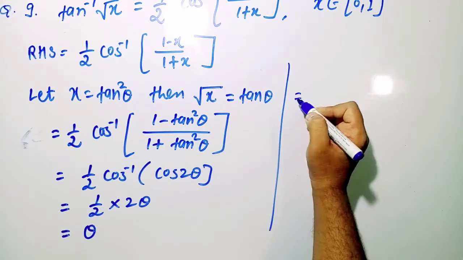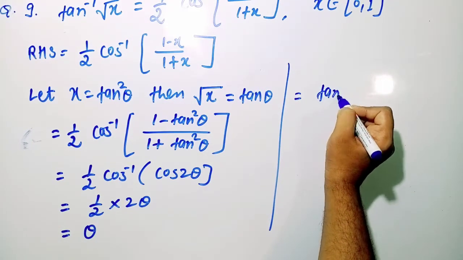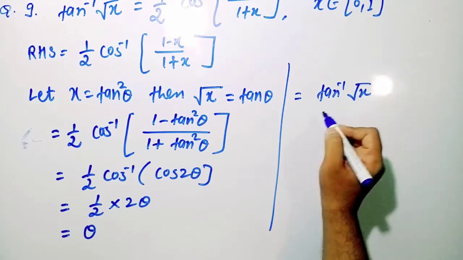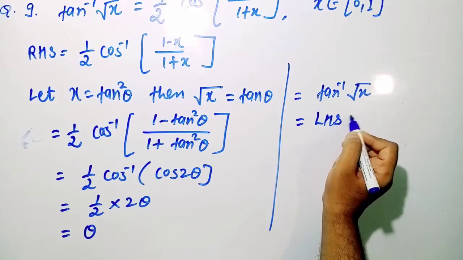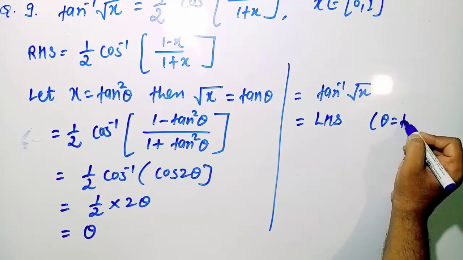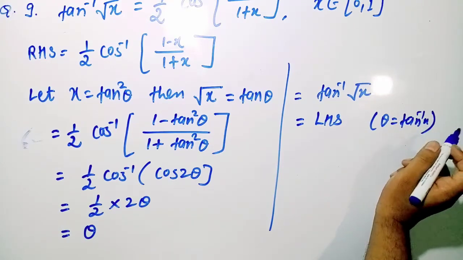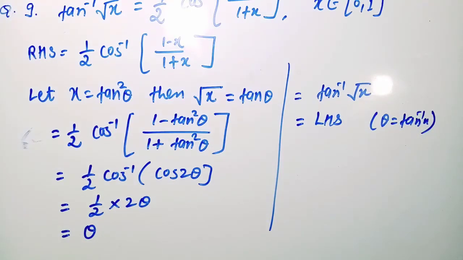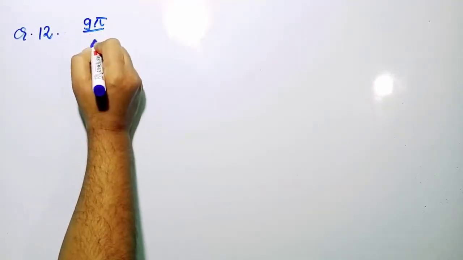So from here root x is equal to tan theta, we can find out what? Theta. So theta will be tan inverse x, which is equal to RHS, because theta is equal to tan inverse x, right, students? So in this way you can prove this question by considering the formula of cos 2 theta. Now the next question,